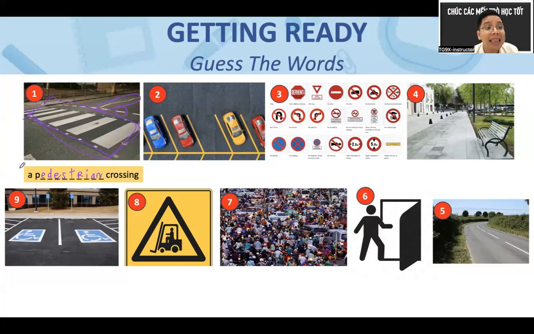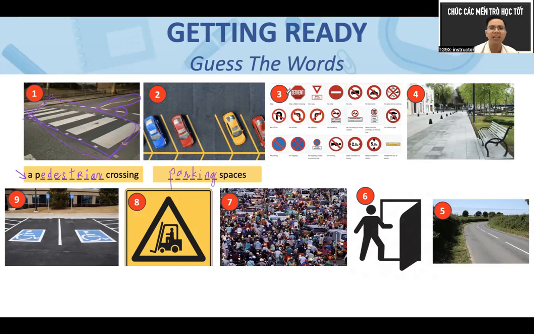It's just that this is exactly what you will hear in the text. So I need to give you the complete phrase. Pedestrian. Yeah, please don't say pedestrian. What about number 2? Parking lot. Yes, parking. But you will hear parking spaces. Or to be more exact, parking spaces. Space, not space, because you are going to hear space.